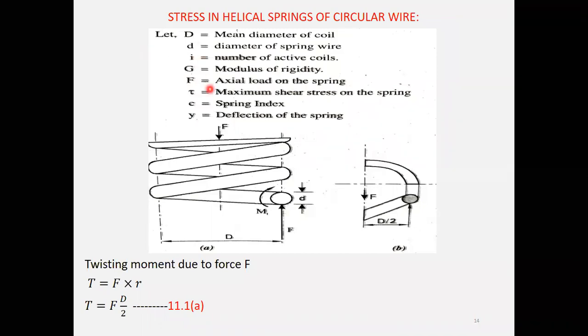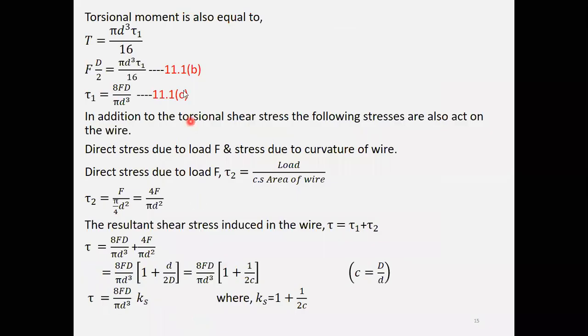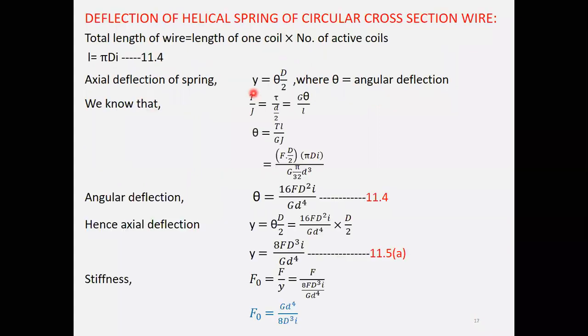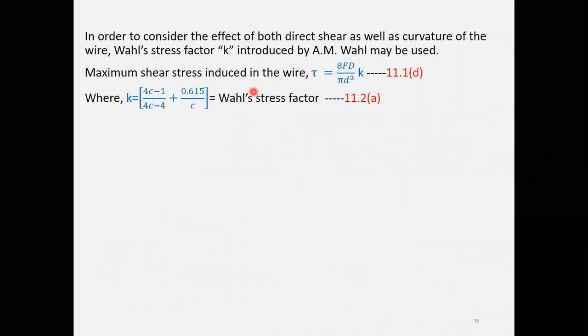If you have understood this, whatever equations we have used are all there in your data book. Only slightly, 2 or 3 steps you need to add. This final equation is also there. If it is asked, it will be for 5 or 6 marks. If you understood this, I will proceed with the next one. Otherwise, if you have any doubts up to this, you can ask me. I will clarify that, and after that, I will go.